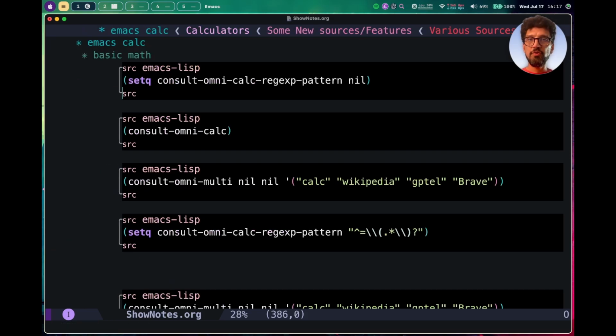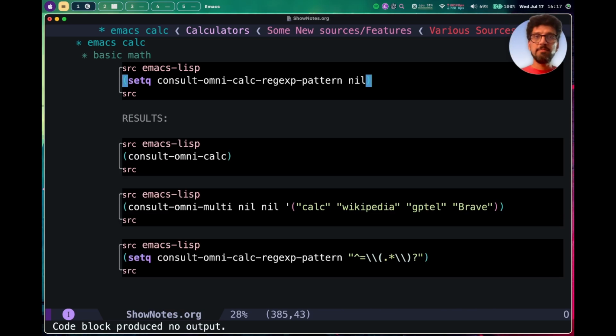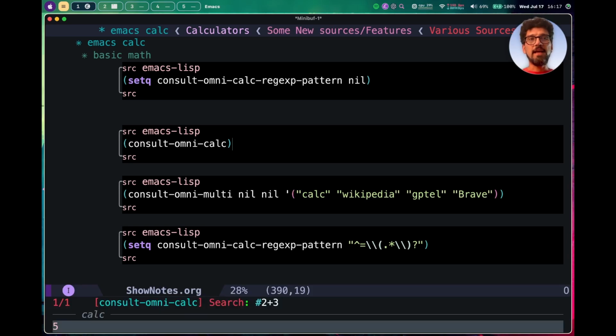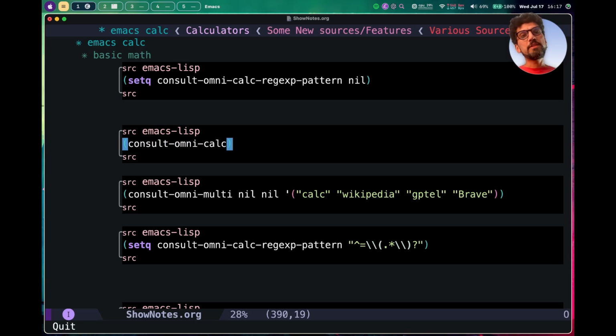I think I already showed some examples. So let me here run this, consult omni calc, and if I say 2 plus 3, you will see the answer 5. Right? This is the simplest form of getting results from the calculator. Now, similar to what we saw for transforming phrases to dates on org agendas, we have a variable, consult omni calc regex pattern. So this would be a prefix that you can use